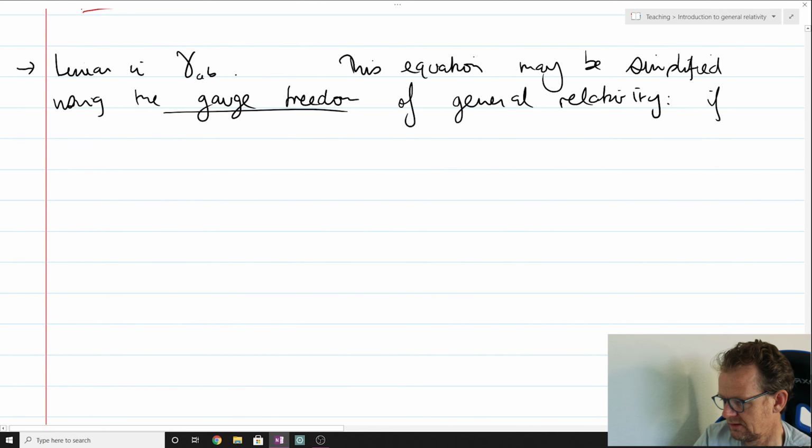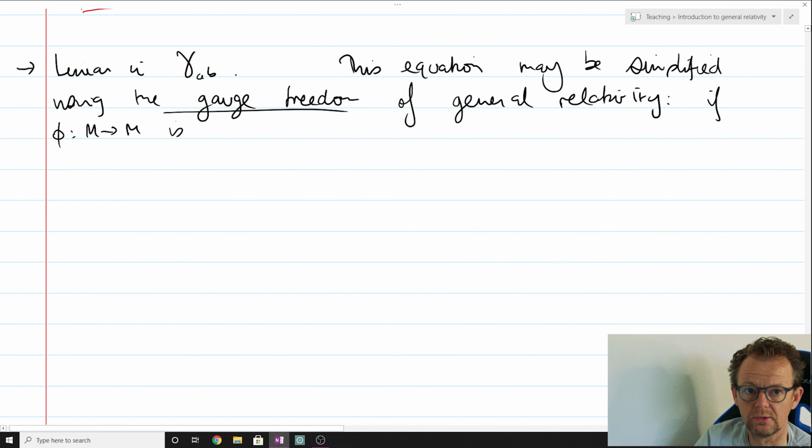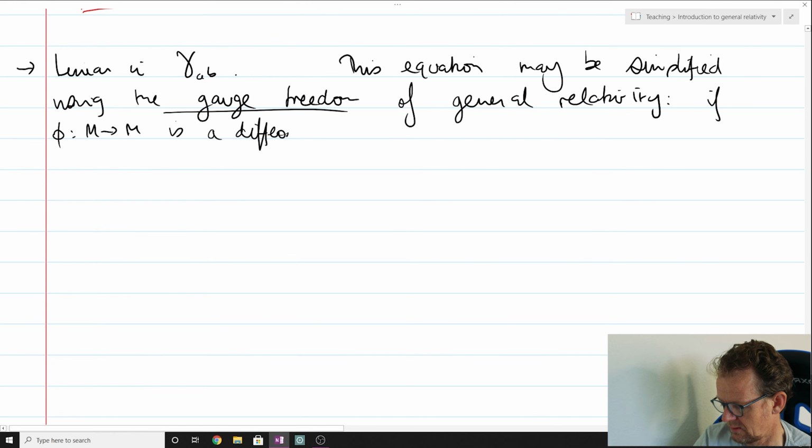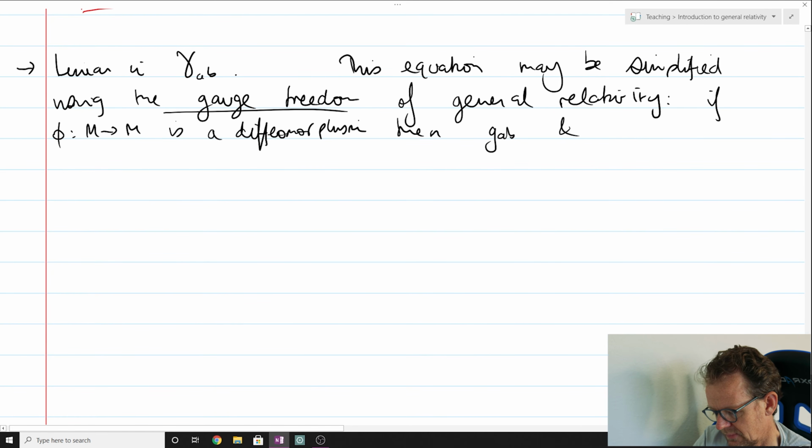And it is this: if you have a diffeomorphism phi of your spacetime manifold M, then the two metrics, namely your original one that solves Einstein's field equations, and the metric you get from doing the diffeomorphism,